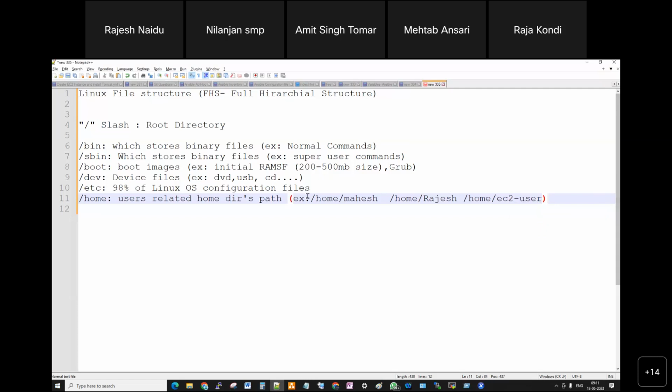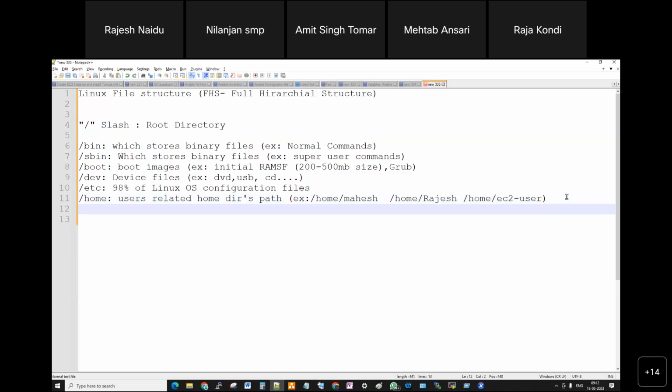This is the way that users will be created. So like /home/Mahesh, Rajesh, ec2-user, these types of users will be available. Any questions here? No questions?